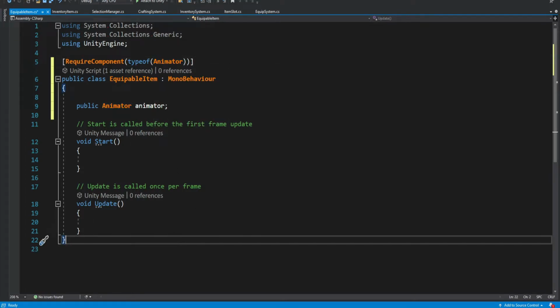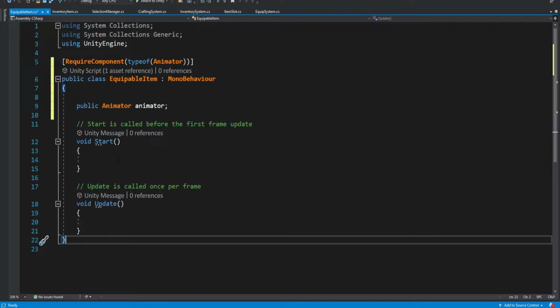So now, even if we did not create this animator, it's going to require this script to supply with an animator.